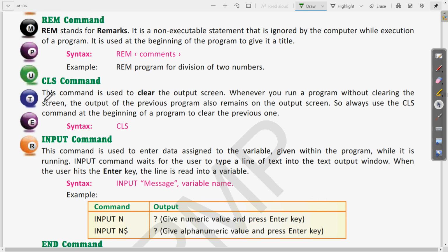So yes, we can write from here that this command is used to clear the output screen. Only this much. This is the answer of 4th E. I hope you have written.